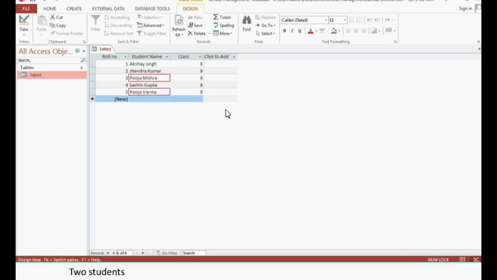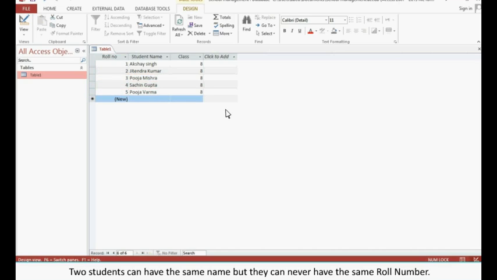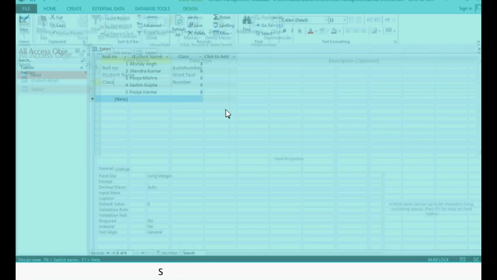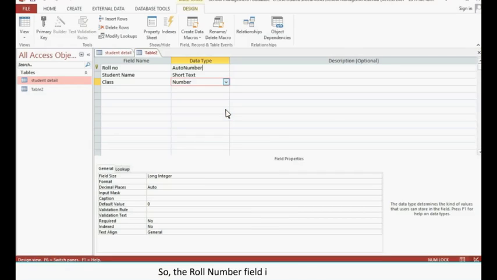Two students can have the same name, but they can never have the same roll number. So the roll number field is the primary key. A primary key does not allow null values. A primary key must always have a unique value.